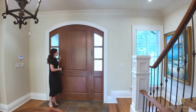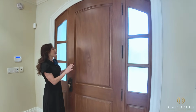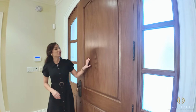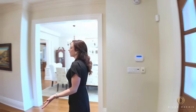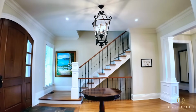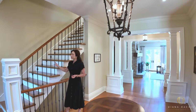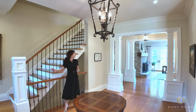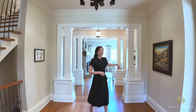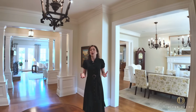Okay, that takes a little effort, but it's not necessarily a bad thing because this is a solid mahogany door and you can tell it's built very well by the weight of it. It's got a rich color and a green that I do love, and it opens onto this grand foyer. The space itself has a very rustic charm, especially with this chandelier that makes you feel like you've just walked into a castle. You've got an iron picket staircase over here, which is one of 2 staircases in the home. You've got columns that add a bit of character. You can see views of the greenery outside. It's got a very understated yet elegant feel, very warm and inviting, and where it will lead us next is